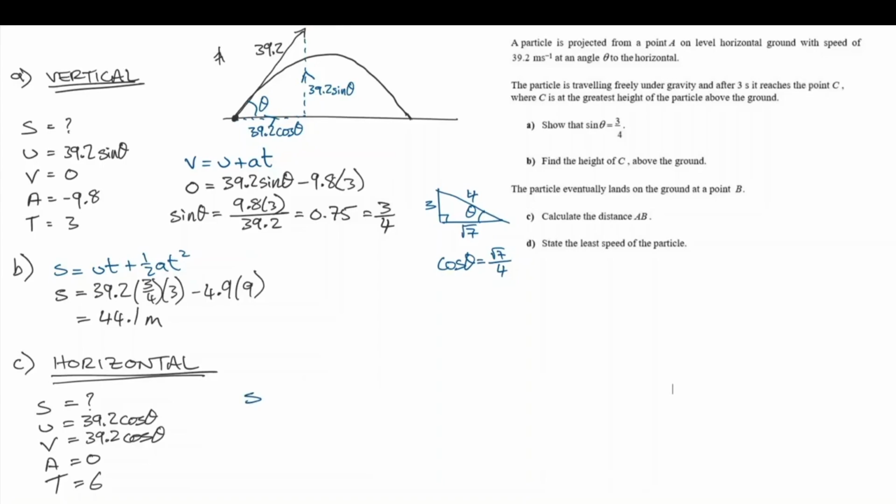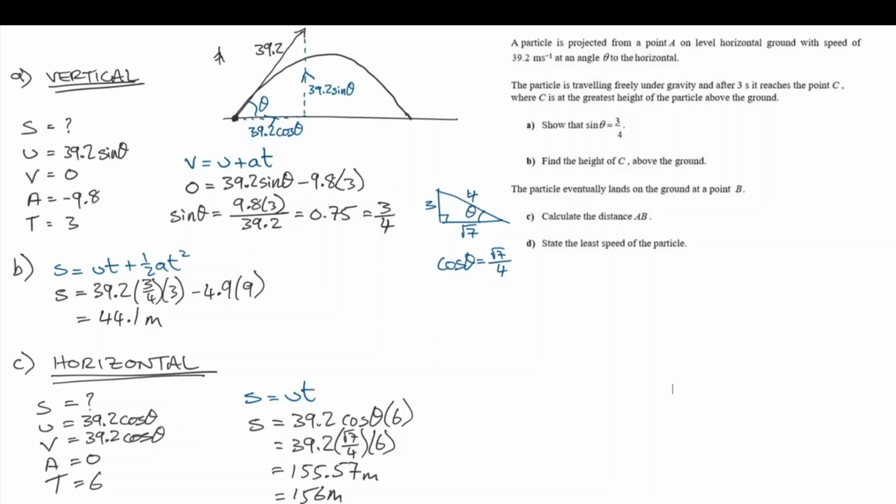Okay, so working horizontally, if we're looking for the displacement, s equals ut. s is going to equal 39.2 multiplied by cosine theta, multiplied by 6. Luckily earlier, we found cosine theta, root 7 over 4. Multiplying all three of these together, we get a displacement of 155.57 meters. To three significant figures,